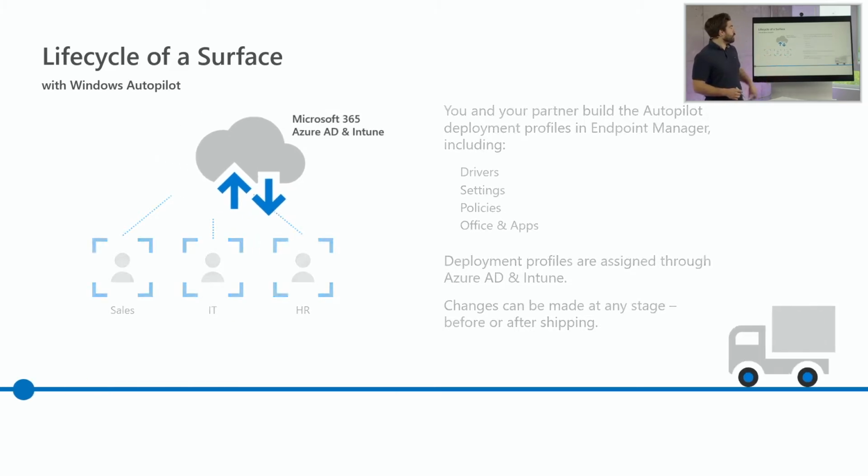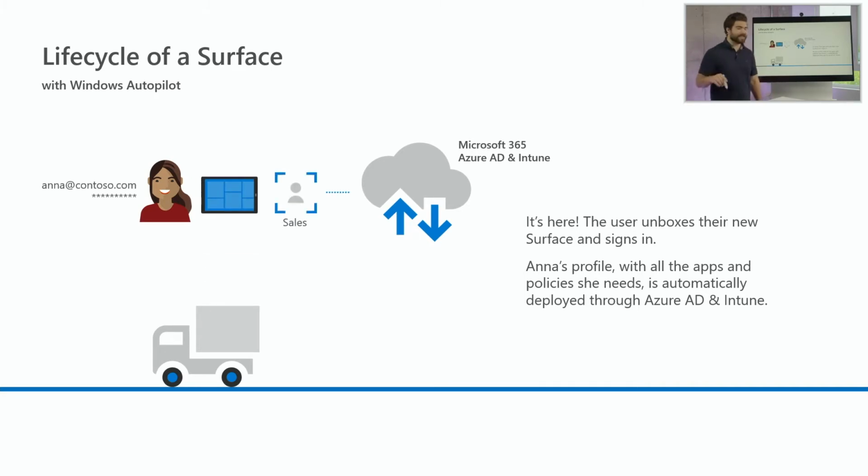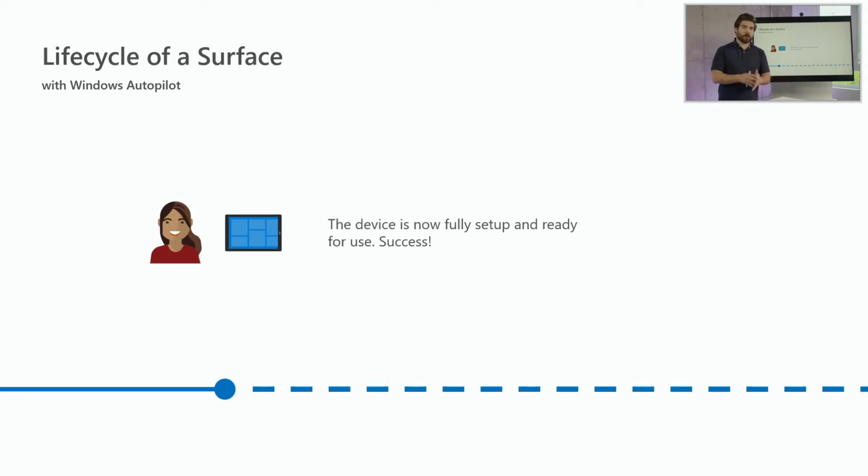All the while, when it finally gets to the end user, into the hands of the employee, for our purposes today, we have Anna here, who just started on the sales team at Kintoso. She gets her hands on the device. Her deployment profile is all ready to go, and all she has to do is open up that device. She will be prompted along the way of setting it up, and over the course of a few moments to an hour or two, depending on Anna's role and the size and power of the applications and licenses that she might require, she will be ready to rock and roll from home all on her own, and that's it. We call it zero touch for a reason. Literally nobody except the end user has to have physical hands on the actual device.